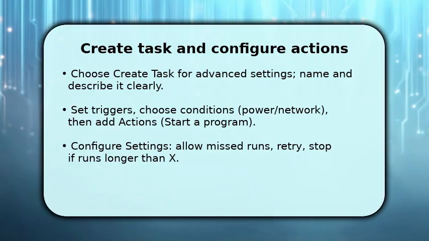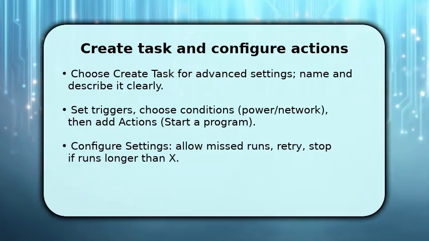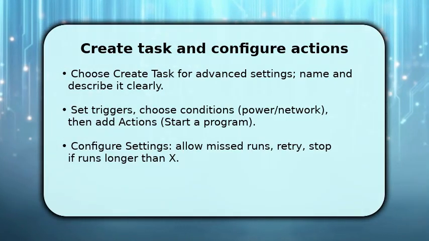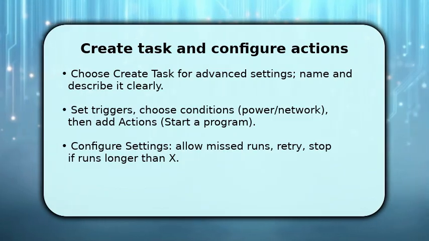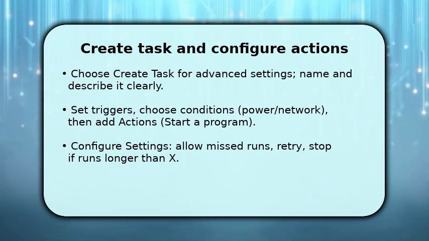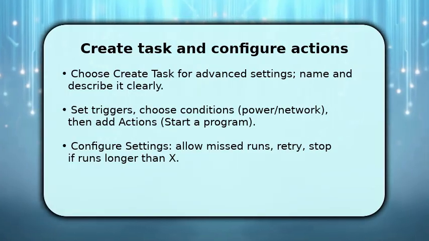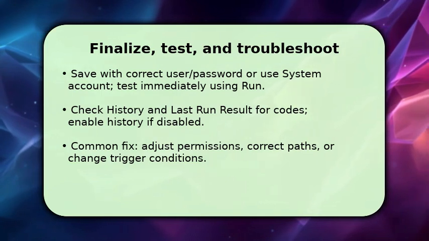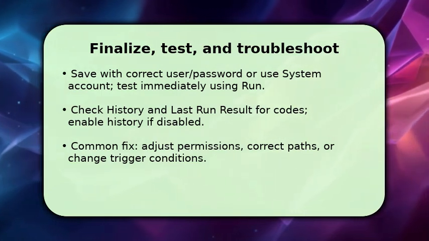Add an action such as start a program, supply the executable path and any arguments. Finally, tune settings to allow missed runs, set retry behavior, and prevent runaway processes by stopping long jobs. Finish by saving with the correct user credentials or choose the system account when appropriate, and then test the task